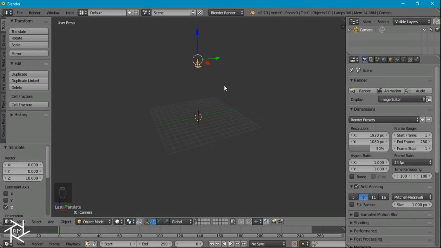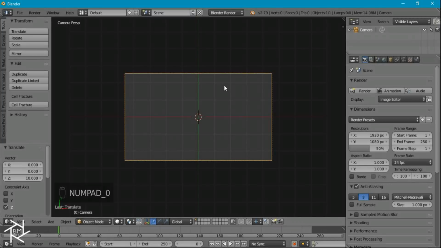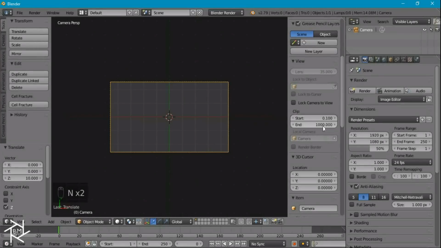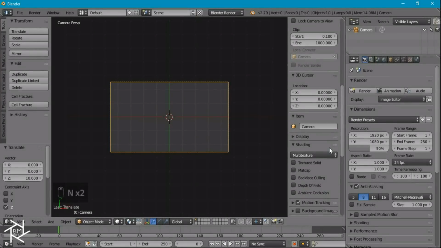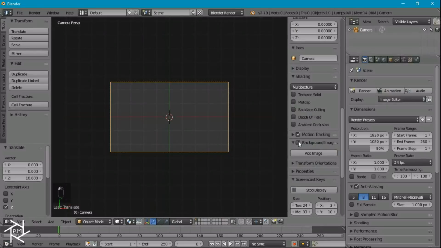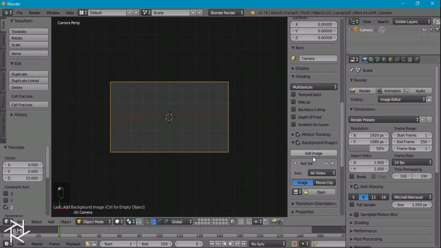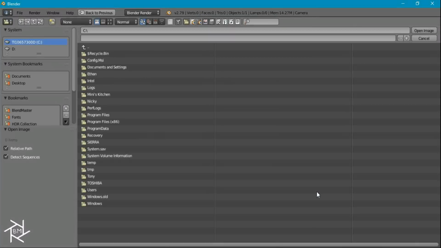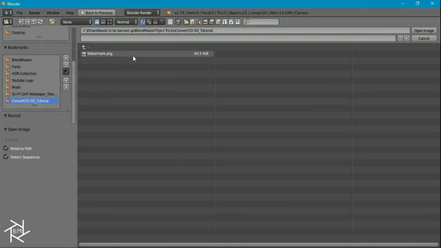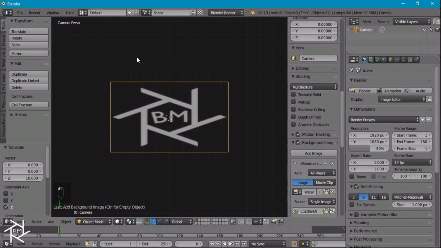Now we can press 0 on the numpad to go to our camera view, and if we press N it'll bring up this properties tab here. And we want to scroll down to where it says background images, and we'll check that and then click add image, and we'll click this button here, and we're going to find our 2D image which we want to convert into a 3D object. So I've just added in my logo here, and as you can see it's stretched and